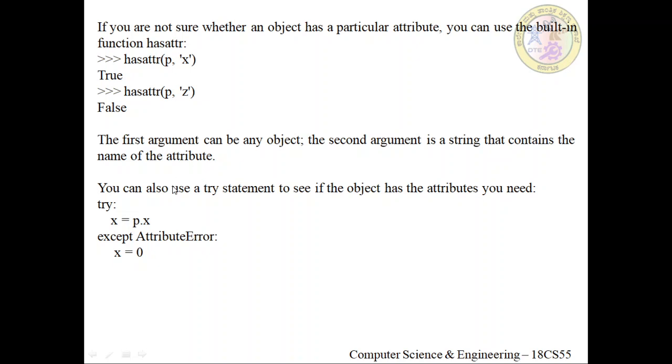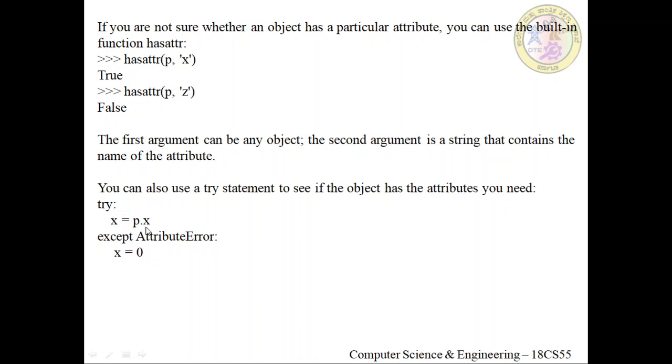Okay, and in order to avoid the errors, we make use of try and except. This is an exception handling mechanism in the Python interpreter. These exception handlings we have seen in the first module itself. Try to recall the syntax. You have try colon and x equals p dot x. Whenever you get the attribute error, we take some action here. In this case we make x equal to 0.